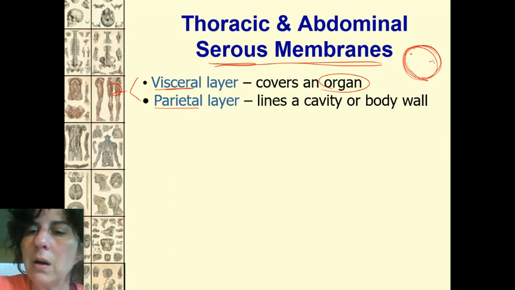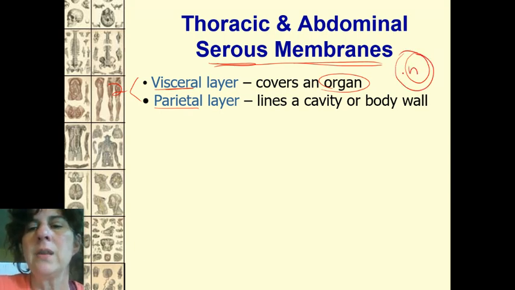As I'm looking at my heart, and I have 2 layers, right? And let's just draw it over. I have a first layer of a serous membrane and I have a second layer. And my heart's right in the center. The layer that is right next to the heart, that's your visceral layer. The layer that's furthest away from your organ or closest to your body cavity is what we call parietal, okay?